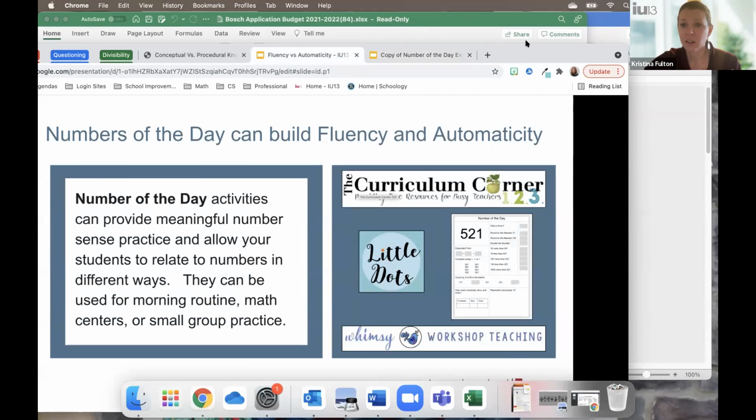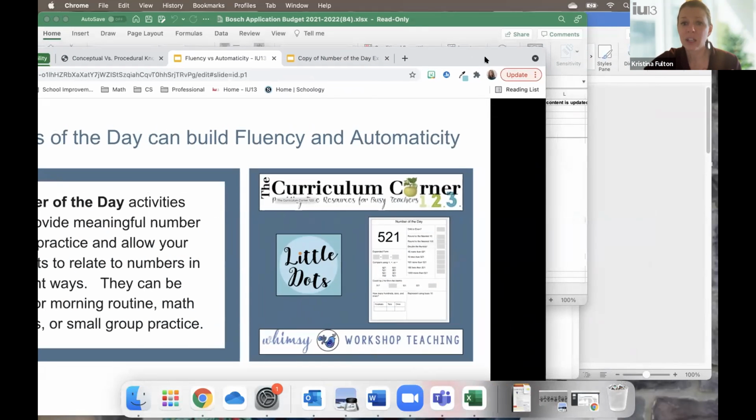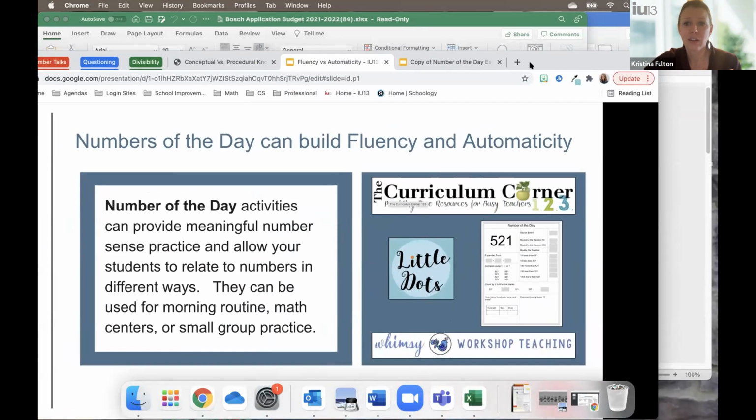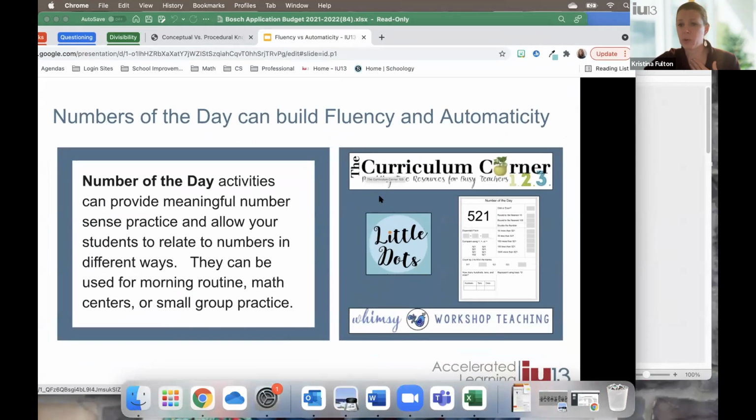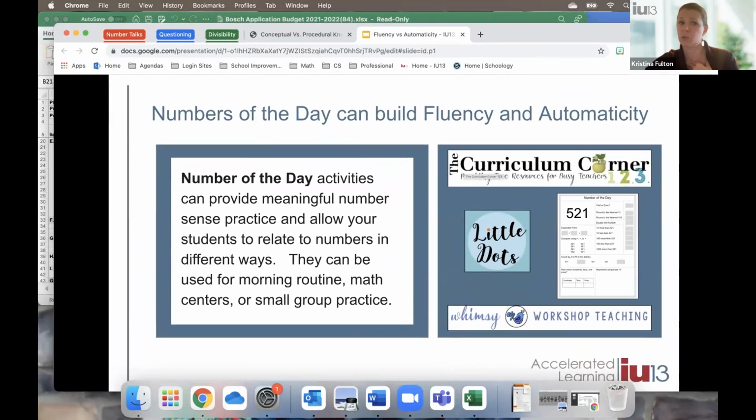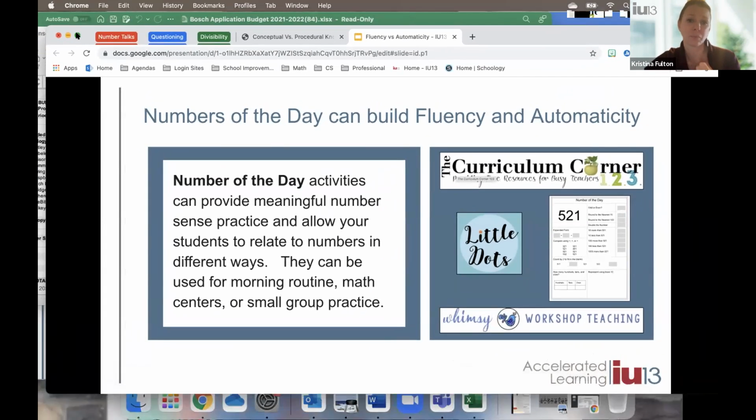I don't know if I can get that to be full screen again. So I'm going to show it this way so I can see it, but I have 4 different places. So the one is the one that I made, and that's what I showed you, but the templates, depending on what grade level and what your objectives are, can look very different. So that's why I have several resources of free templates for you.